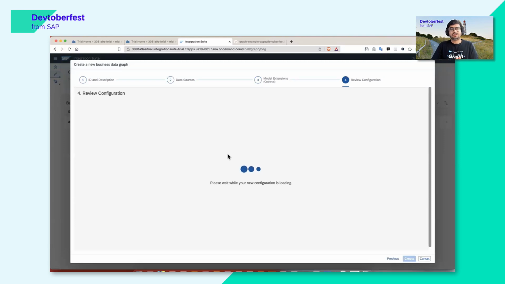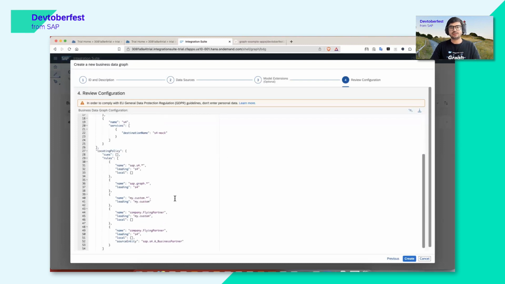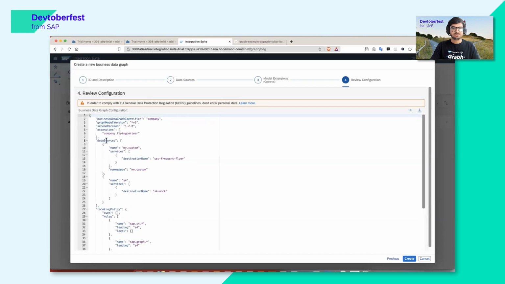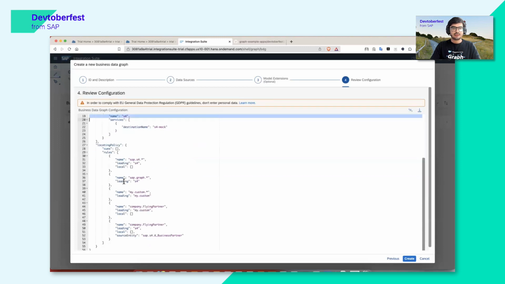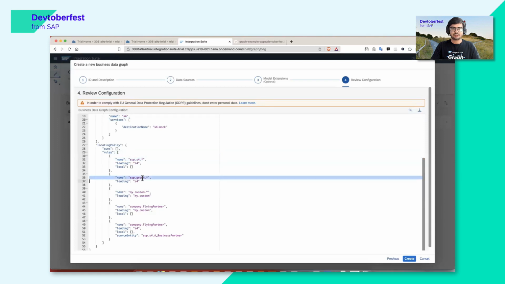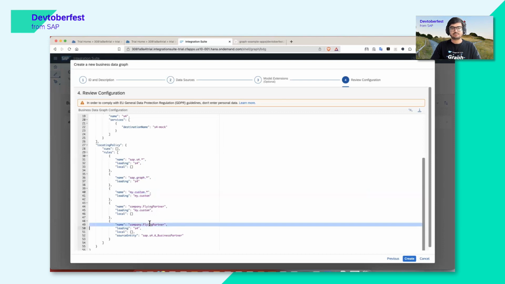So what's happening now? It reads the model extension file, and it then decides what will be the rules and how the endpoints will look like. And at the end, it comes up with a config file. And this is how it looks like. So it has two data sources. One is the my.custom, and the other is S4. And these are the rules. So there's an SAP.S4, there's a URL for SAP.Graph. So this is the unified entity URL. Then this is the URL for the custom entity, and this is the company.flyingpartner. So this is the one that we just created. That's the new one. And if I say create now,